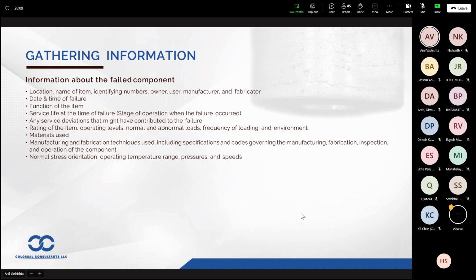So we have to make a note of the operating temperature range, pressure, and compare what the design requirements were and what was the maximum at which it was operating, strength and toughness,